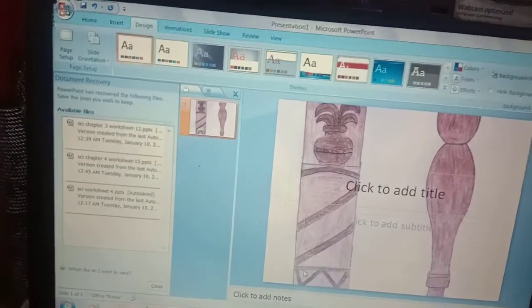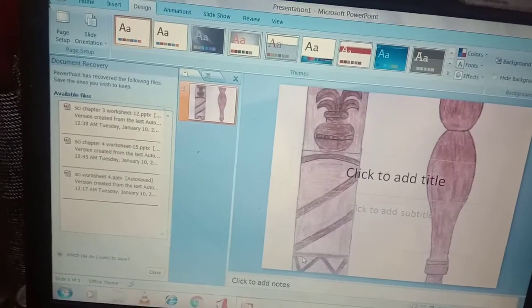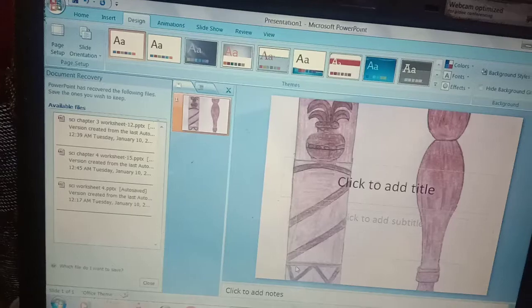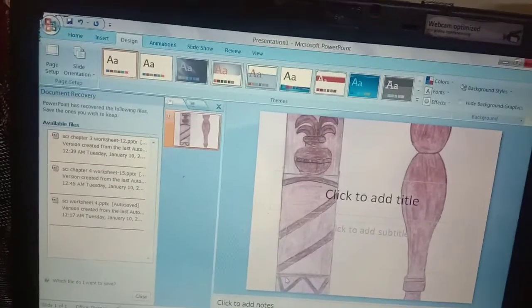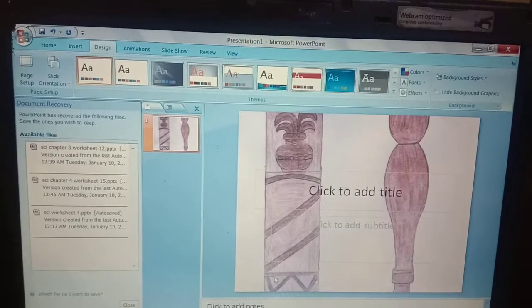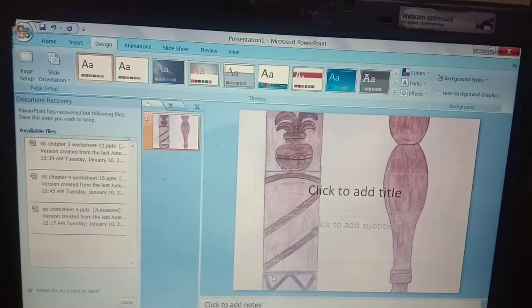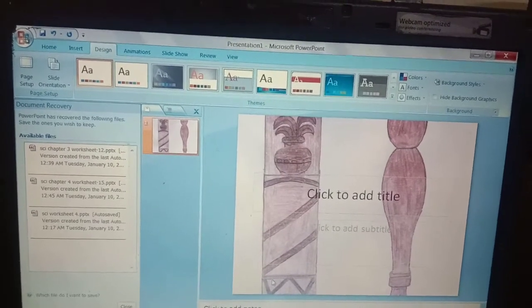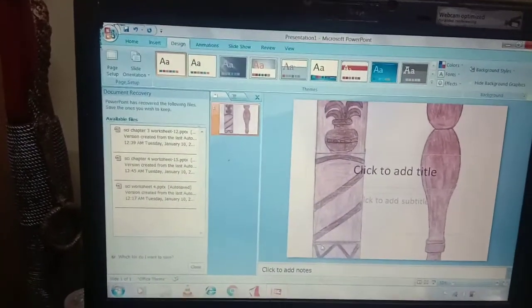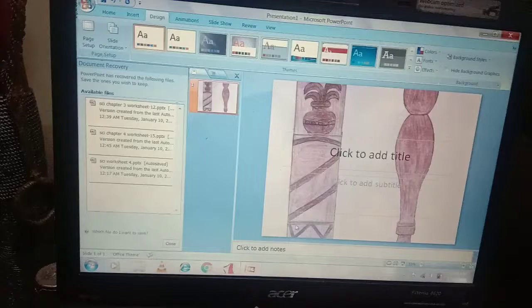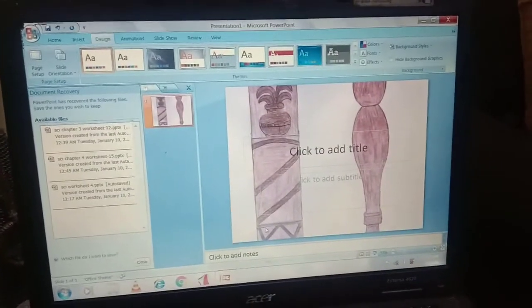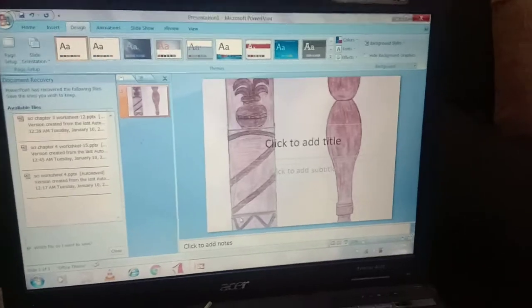Now the next topic we will learn today. One more thing, students, we will learn how to insert a table in a slide or in your presentation.